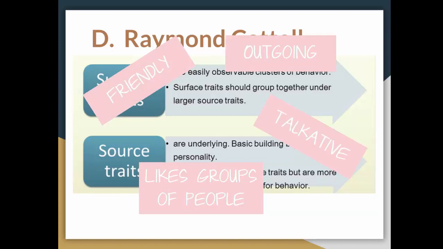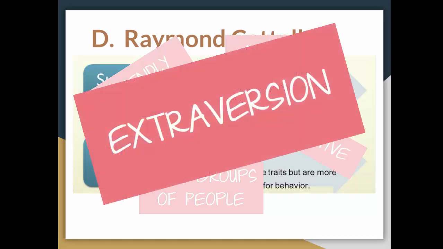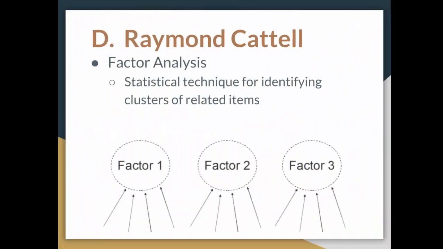And then Cattell would say that each one of those surface traits comes from the source trait of what he would call extroversion. So let me explain that a little further. He developed these different source traits using a statistical technique called factor analysis, where I factor out different clusters of related items. When we're talking about Cattell, when he looked at that list of 4,500 from Allport, he took all these words that related to each other and came up with 16 different factors or different personality traits